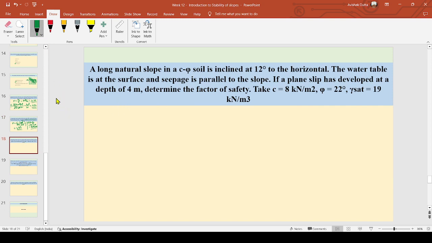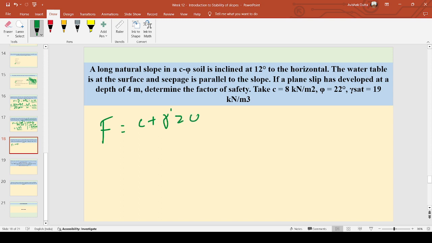A long natural slope in a C-phi soil is inclined at 12 degrees, with a depth of 4 meters. Everything has been given here. So in this case, for a C-phi soil, the factor of safety F is equal to C plus gamma submerged